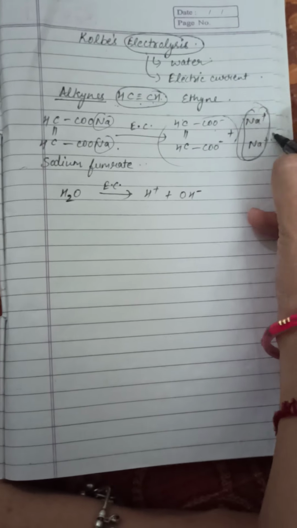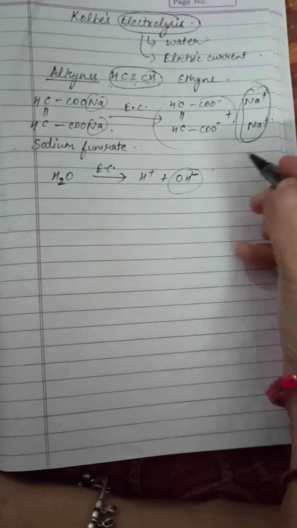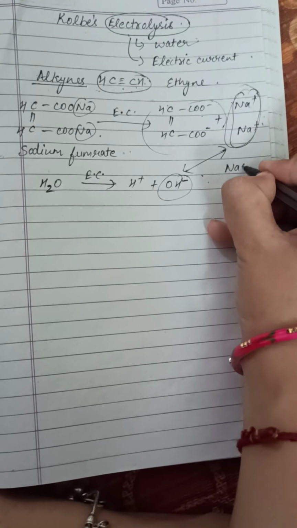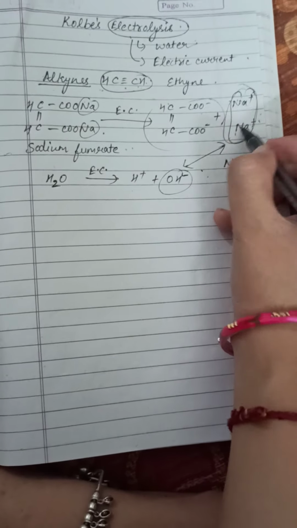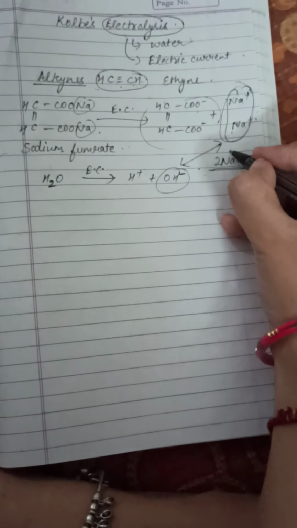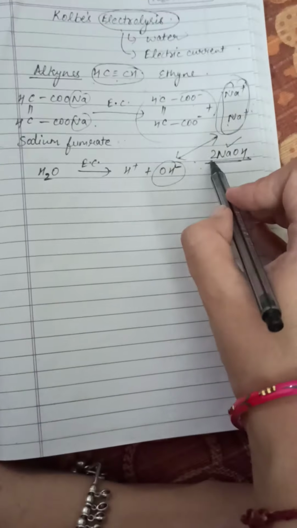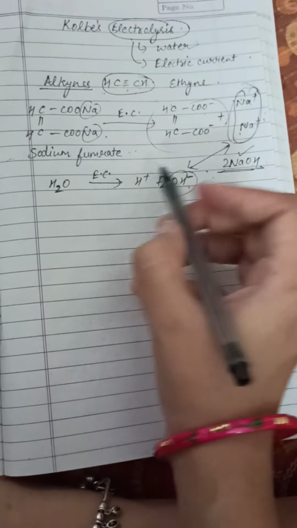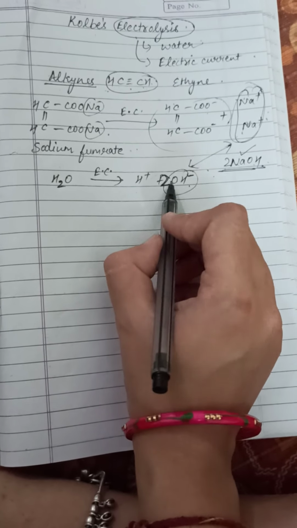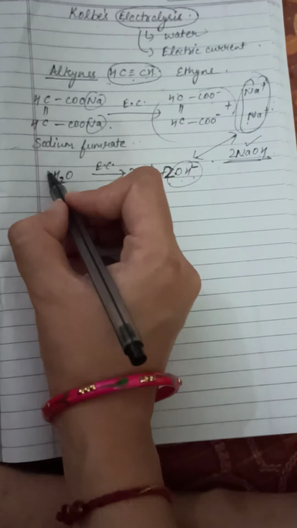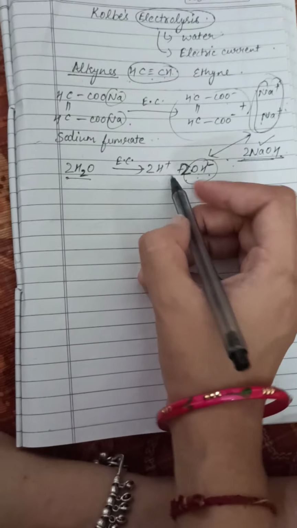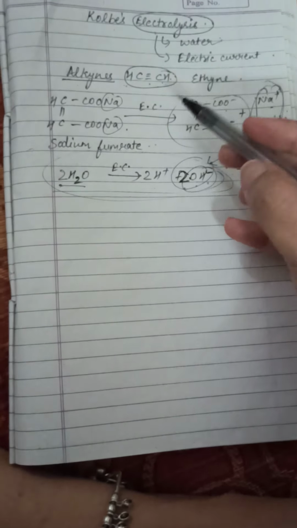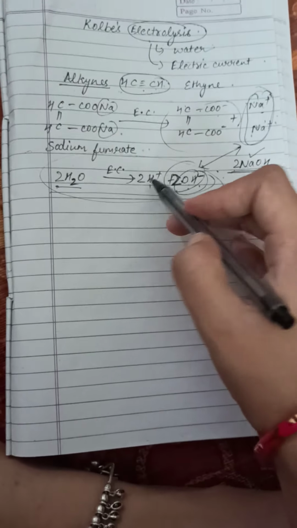Since the positively charged sodium and the negatively charged hydroxide ions have a strong force of attraction, they form sodium hydroxide. Since there are two Na positive, two NaOH must have formed. For this, there must be two hydroxide ions, and for those there must be two H positive and two water molecules. This is a balanced equation, and these have already reacted. The ions left are the succinate ion and H positive.